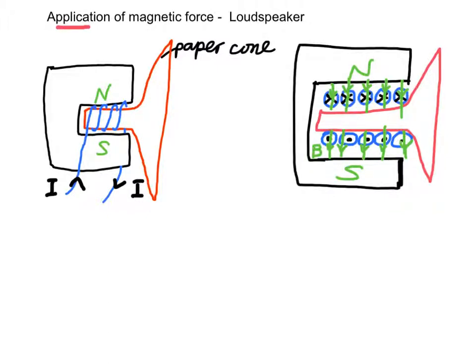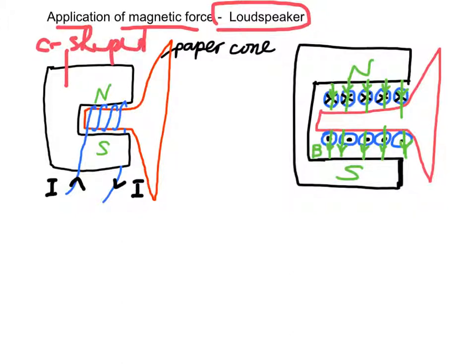An application of magnetic force is the loudspeaker. A loudspeaker consists of a C-shaped permanent magnet and a coil of N turns wound on a paper cone, with the paper cone movable inside the C-shaped magnet. When the current flows through the coil as shown, when we see the cross-section of the diagram,